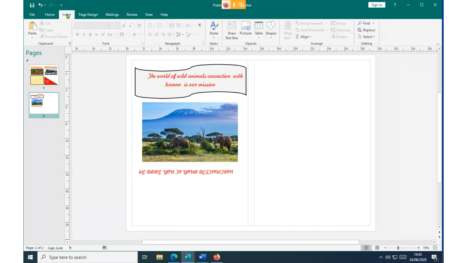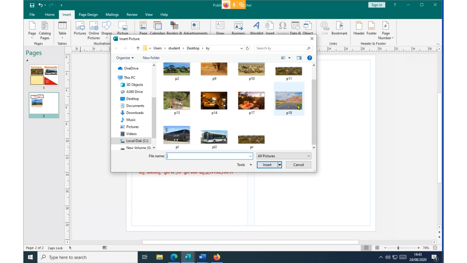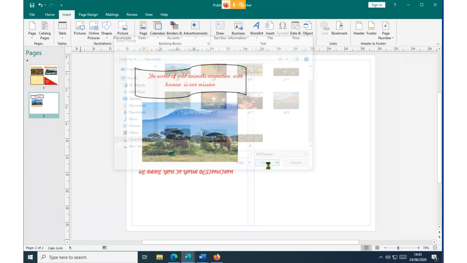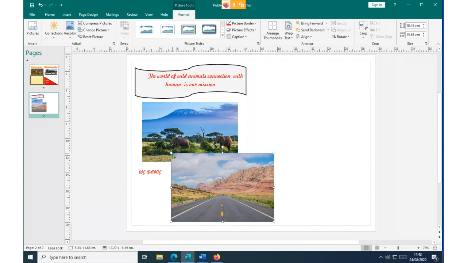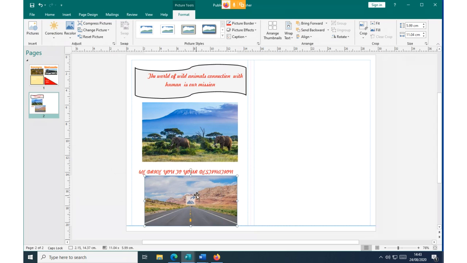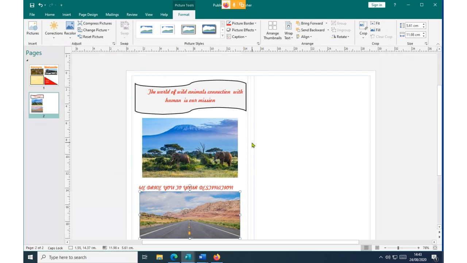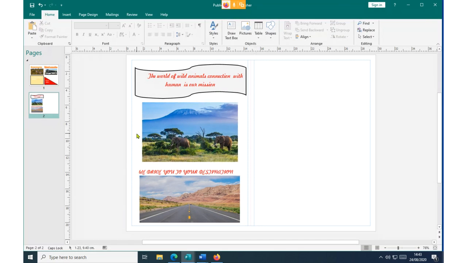So we call the insert command again, we click on picture again, then this time maybe I put this one to reflect the road, then I click insert. Very big indeed. I reduce it again, very small, because I want it to be very, very small. Then I put it below this. Then at the end of the day, I think I'll be doing very well. So you can see the kind of work I'm doing. So the inner part of this application will have this kind of layout. Then once I'm done with this one, I can now come to the other page.